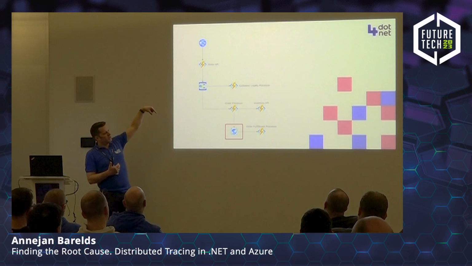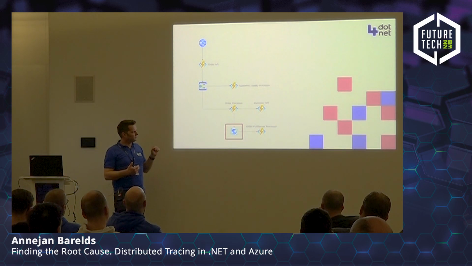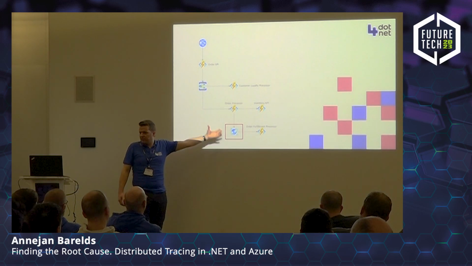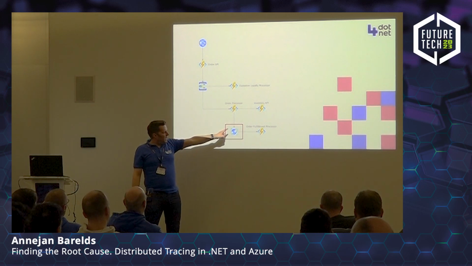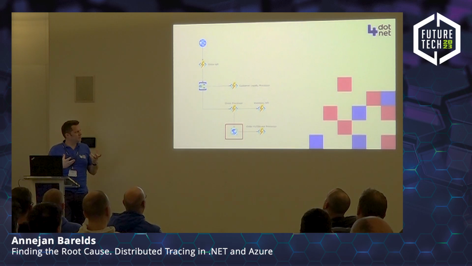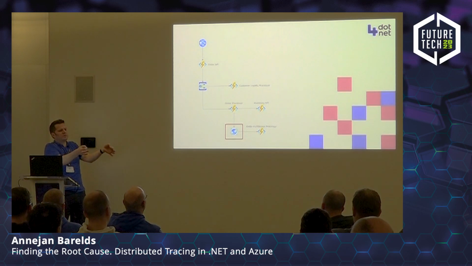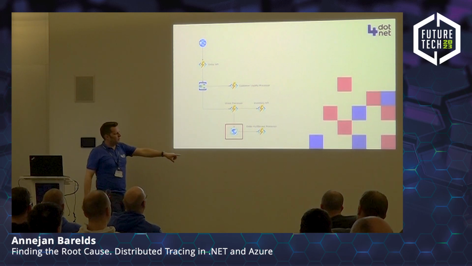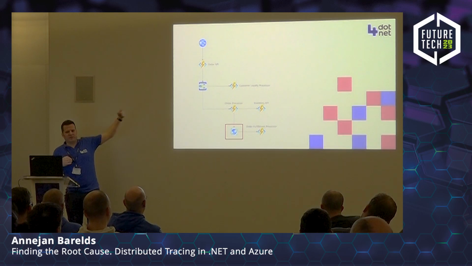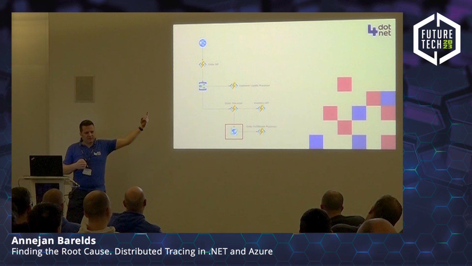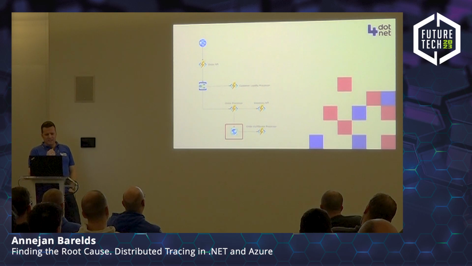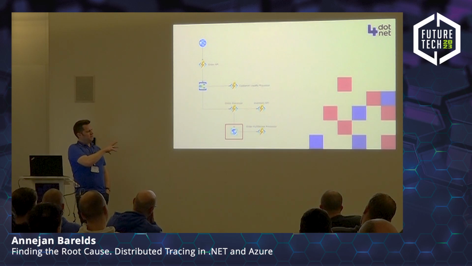So now I have 10 requests flowing through that order API, all with their own unique operation ID. They're all ending up in Cosmos, or maybe Event Hub, in this case Cosmos. And there's one processor over there that's picking up these 10 orders, correlated to 10 processes, but this is running in a single process. So now I have a one-to-many relationship. To which operation ID will I correlate this downstream processor, right? Everyone sees the problem? For Cosmos, that actually doesn't work out of the box.